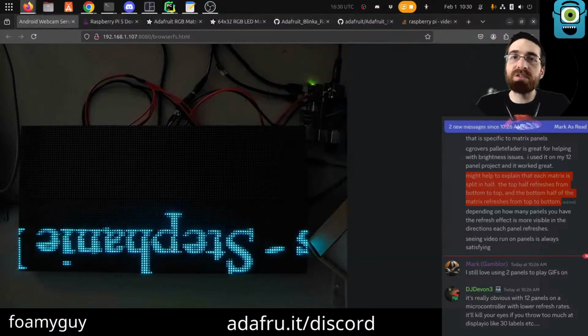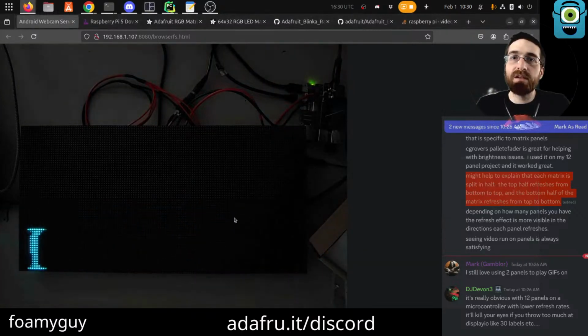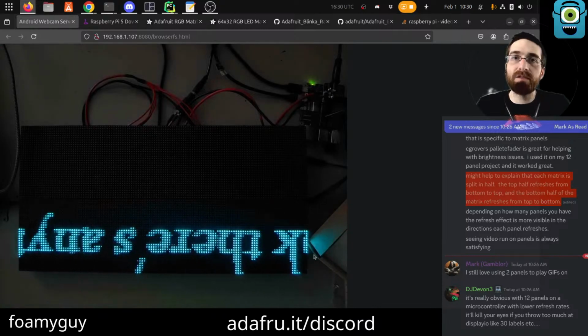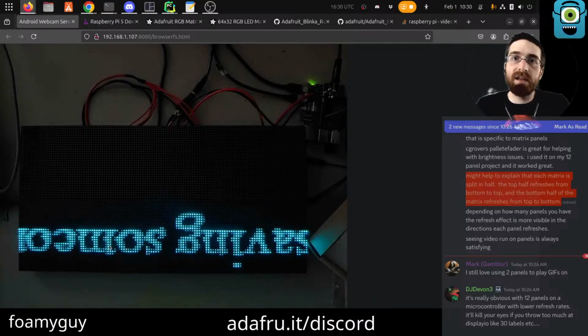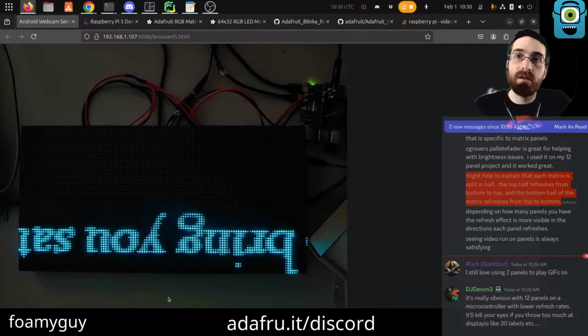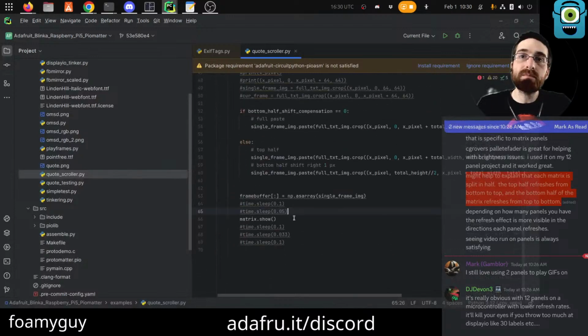You can also maybe see what we're getting at and what DJ Devin said. The top half of these panels and the bottom half of these panels are actually updated independently. There's a line that's exactly at halfway where the pixels are shifted by 1. And if I add a sleep, like you can see, I have a bunch of different sleeps here, it actually fixes it.